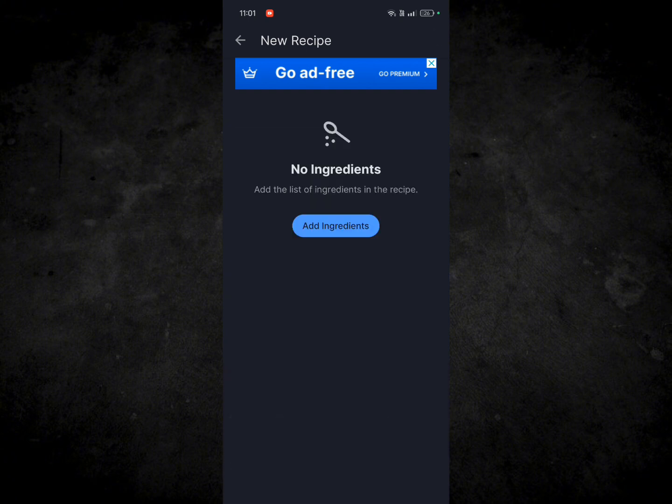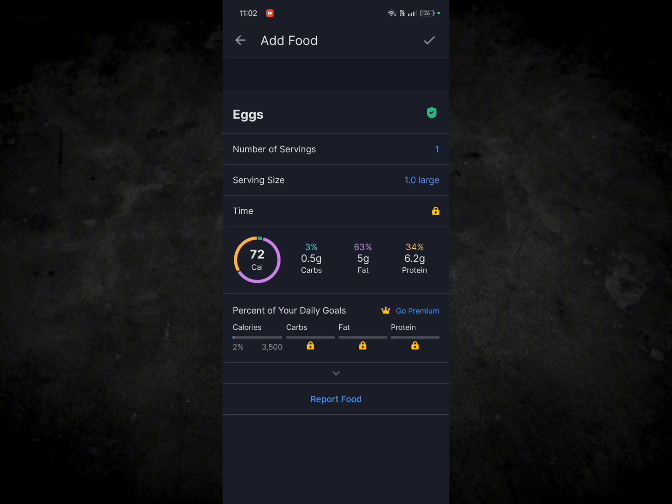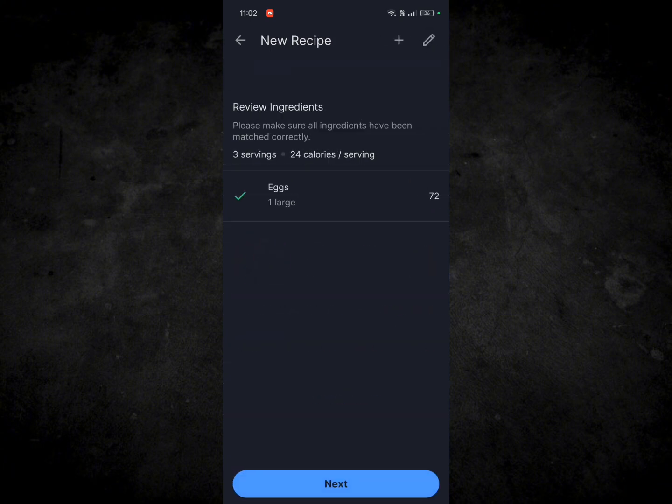From there, just simply select the add ingredients to add ingredients to your recipe. For example, I'm going to choose here an egg. And then from there, select it. Select the check mark on the top right corner. And if you wanted to add more, just simply select the positive icon on the top right corner and select